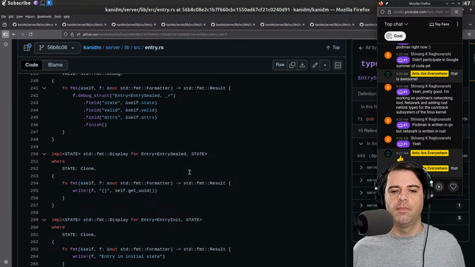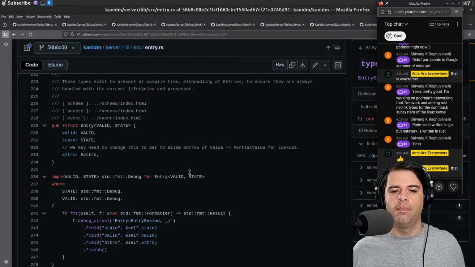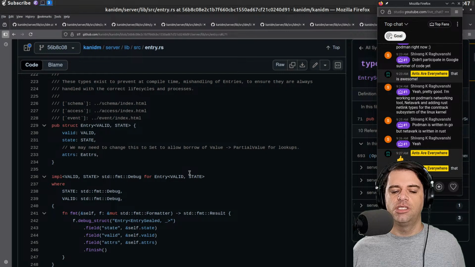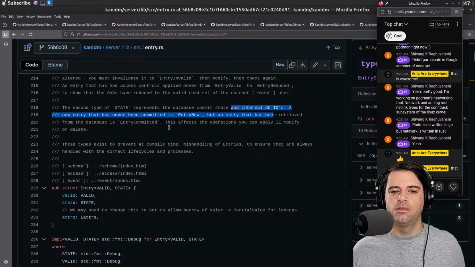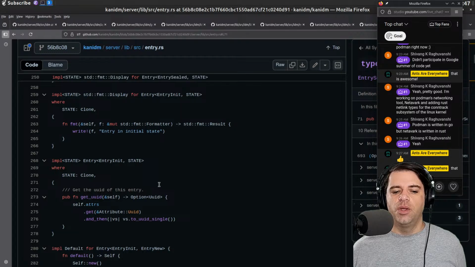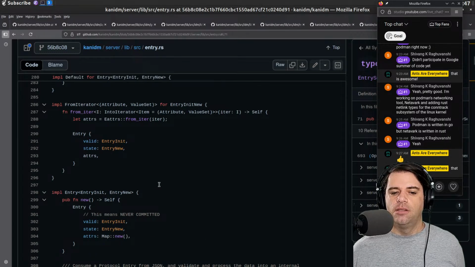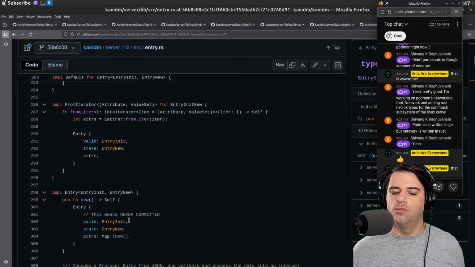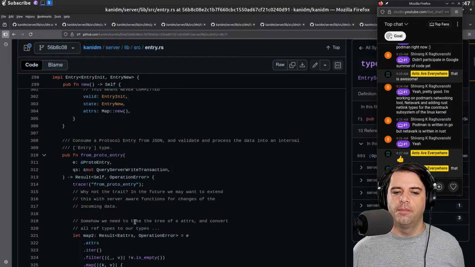That's what it is. Does the state include the UUID? Is that where somewhere there's information about what the actual thing is? And we can clone them, and we have some information about whether it's initialized or new.